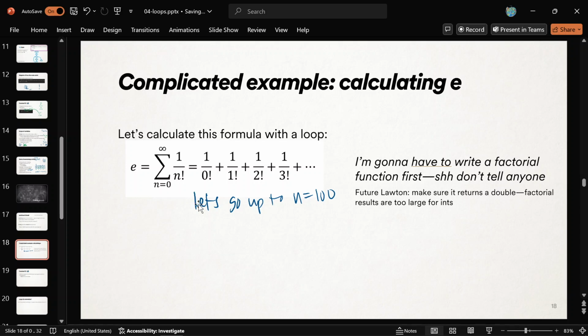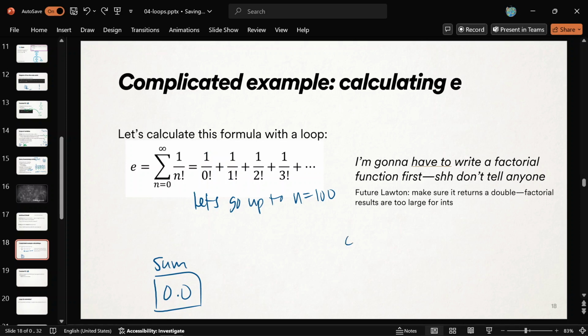All right, so let's do that sum. Does that kind of make sense? We'll range n from 0 to 100, and we'll add up 1 over 0 factorial plus 1 over 1 factorial plus 1 over 2 factorial. I hope that makes sense. So we'll start a sum variable, have it hold 0, and then every time I'm looping with a new value, I'm going to shove that into sum.